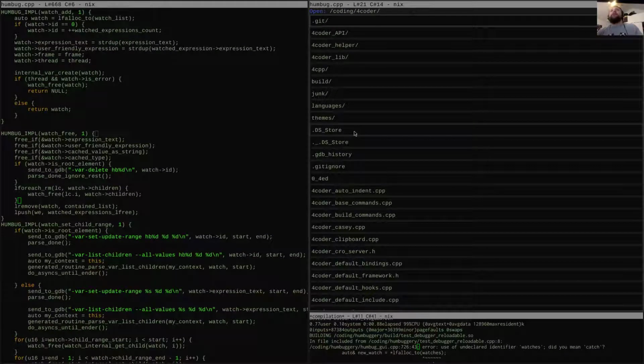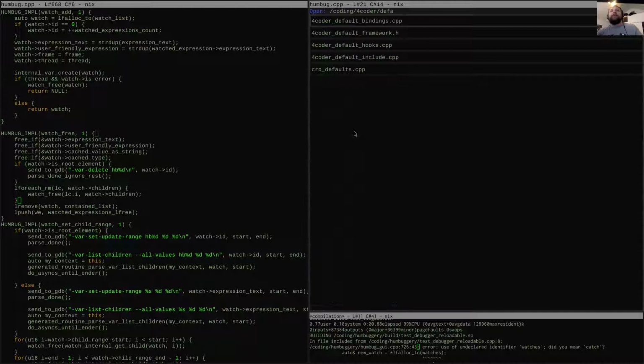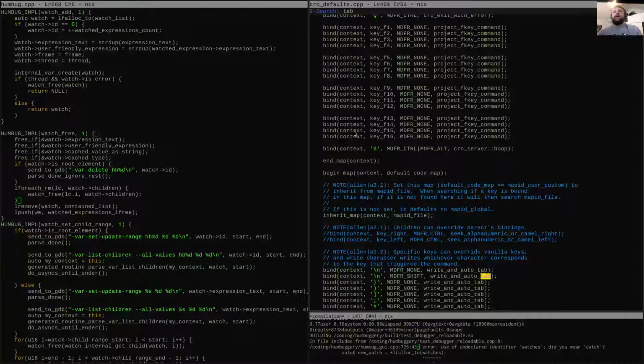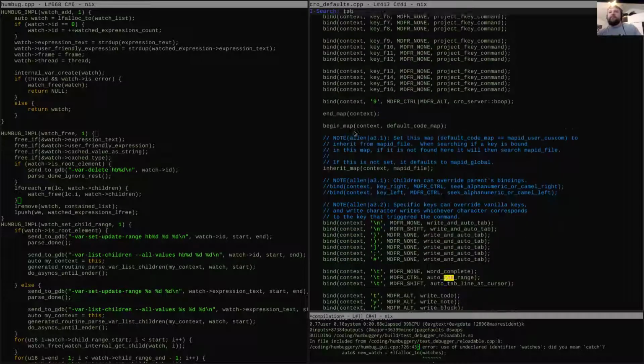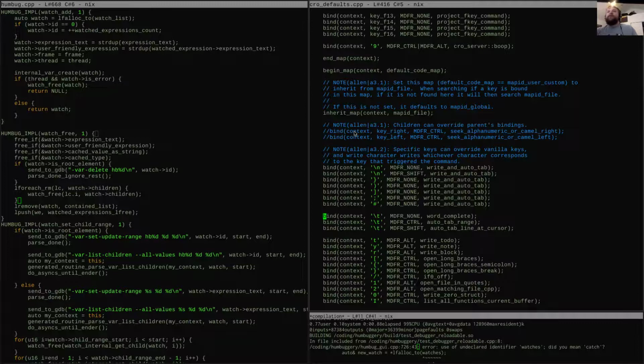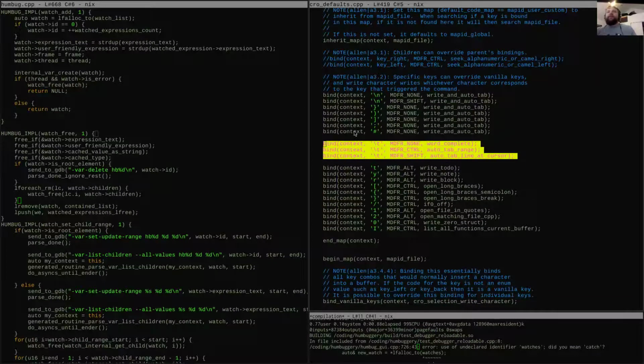So if we go right here, tab. So here's this, right? If you want it to literally make a tab, I think you just comment that out, right? Which would essentially be doing the same thing as